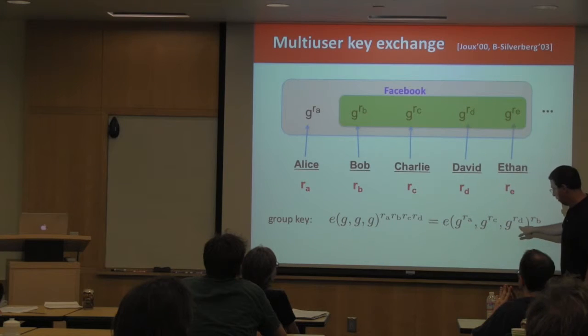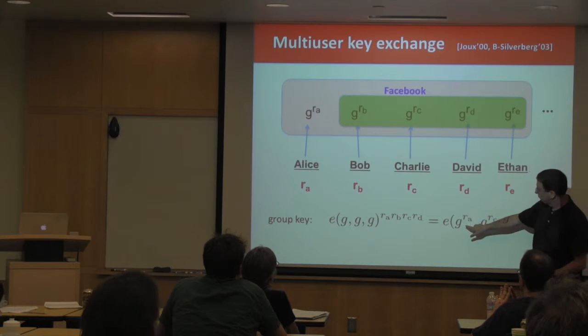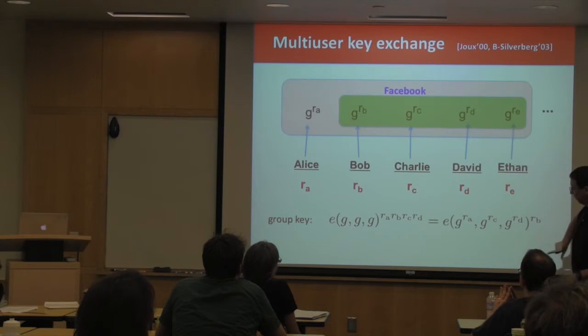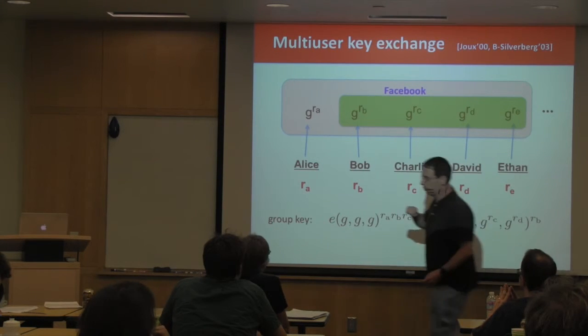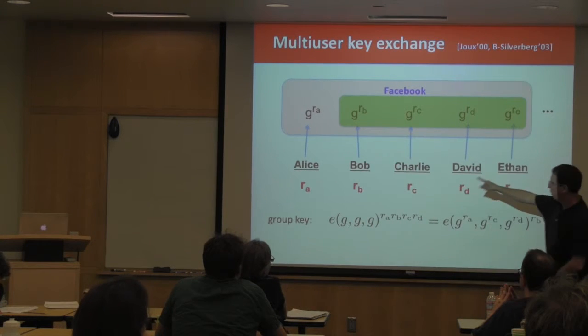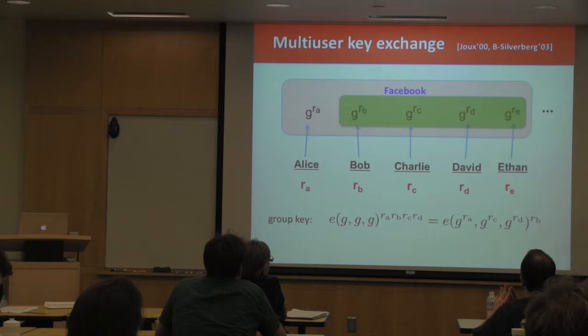Let's see. This would be, so you take Alice. Now you're in all of a sudden. Kicked out Ethan. Good. Excellent. So this thing needs to be shifted. Okay, never mind. Pretend like this is shifted over here. So it's Alice, Bob, Charlie, and David. So that Alice is happy.